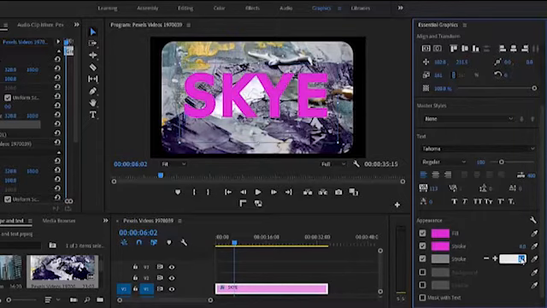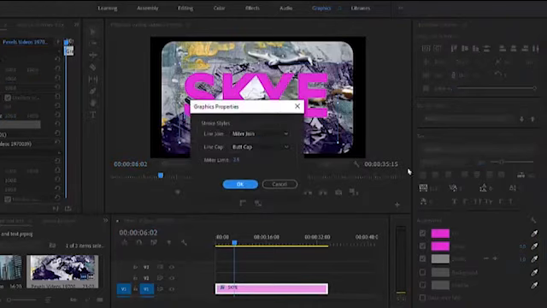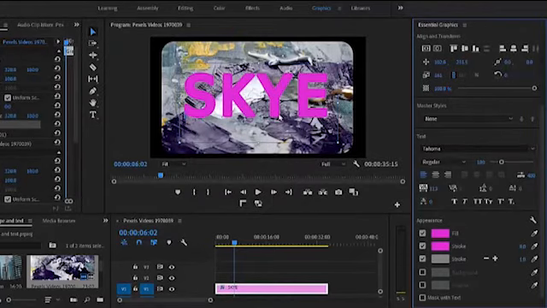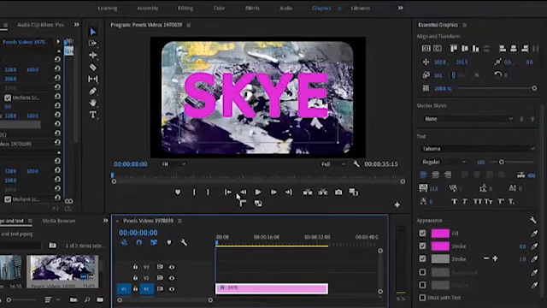So the next thing you want to do is to come over to this graphics property here and change this from miter join to round join and hit OK. And you will notice automatically that the text has immediately acquired a round curve around it. So I'll just go ahead and take this to the beginning and hit play